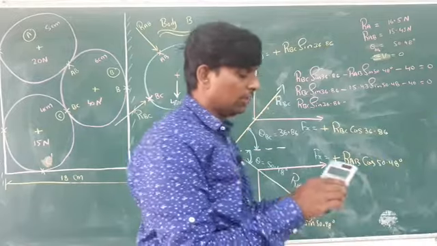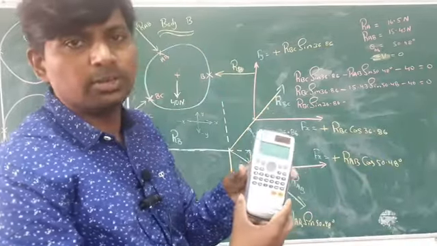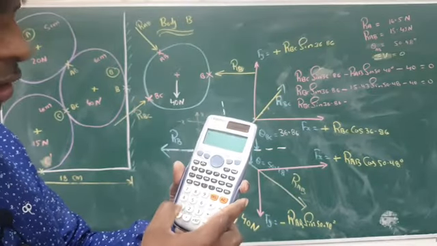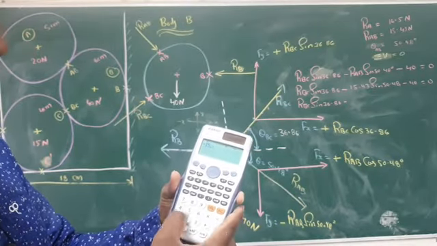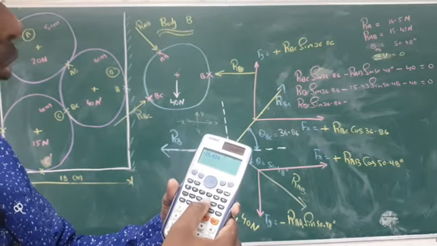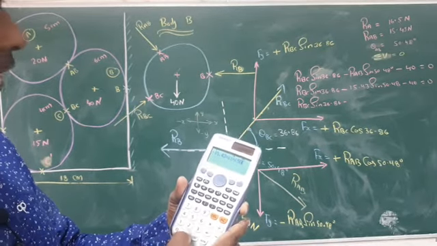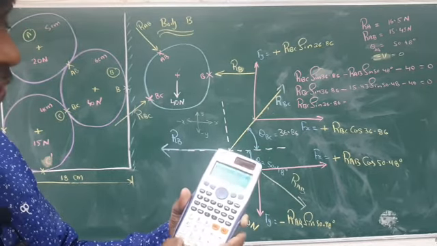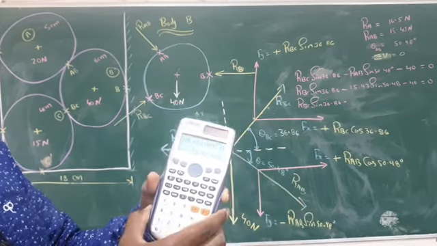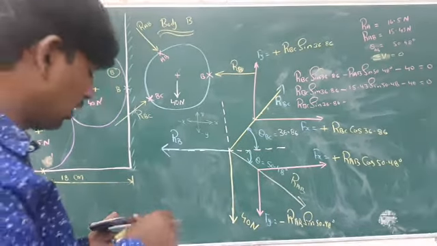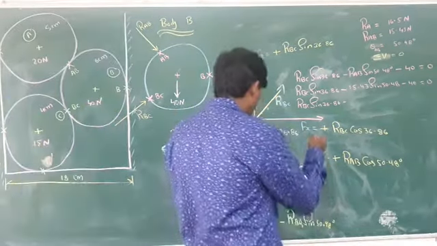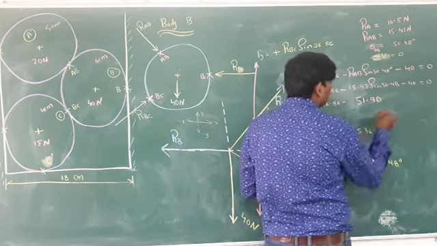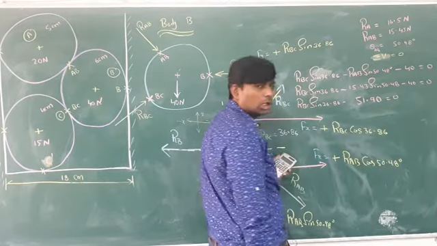What is the value given here? So here I will type first minus. After typing minus, next value is 15.43, then into sine 50.48, then close the bracket, then minus 40. How much are you getting? Minus 51.90. I already wrote the minus, so here I will write 51.90 equal to 0.